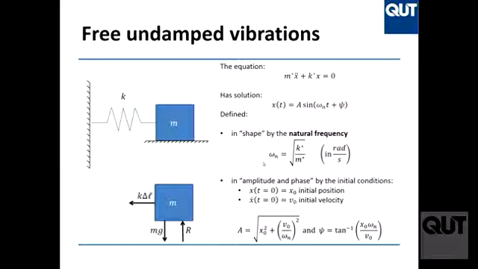And in this system, when you have a spring and a mass, if you pull the mass at the beginning by 10 centimeters and you drop it, or if you pull it by 20 centimeters and you release it, the frequency is going to be the same. The time it takes to go from here back to here is the same. The amplitude will change, obviously, because if you pull it more, it will vibrate more. But the time it takes to make one cycle will be the same. Clear? That depends only on the property of the system. So you don't need to know anything about what you do to the system. As long as you have all the properties of the system, you can calculate the natural frequency.